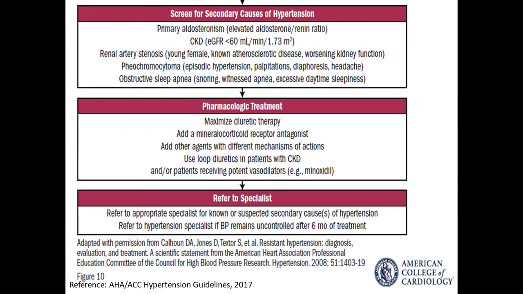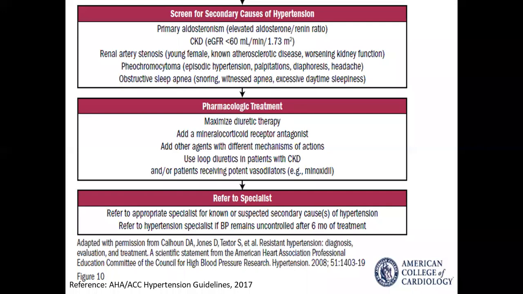And after evaluating for all these conditions and making sure that the patient is compliant to the non-pharmacological as well as pharmacological therapy, then we should start to escalate the antihypertensive therapy for the resistant hypertension. We can add second-line agents like diuretics, and basically we can use mineralocorticoid receptor antagonists like spironolactone or eplerenone. These are preferred agents for the resistant hypertension, as well as you can use other second-line agents depending upon the